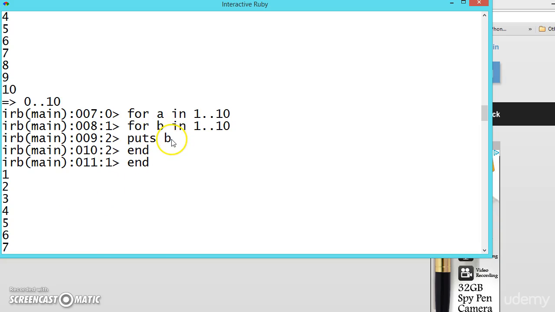So suppose if we print a here, it will not be printing 1 to 10. Let me show you, because we are iterating it 10 times. See what the difference is. Here we are printing 1 to 10. If you print the value of a, what will happen? First a will be 1, and this will be looping 10 times. So 1 will be printed 10 times. Next a will become 2. It will come inside this loop. 2 will be printed 10 times. Let me show you the result.